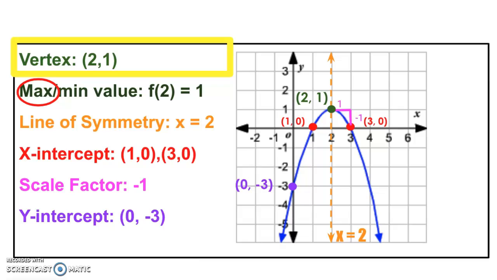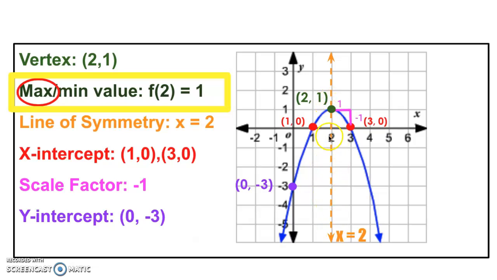So the first one we're going to look at is the vertex. We're trying to find a point. The vertex is the highest point of the parabola, so you'll notice it's right here in green, and it happens at point 2, 1. That's the vertex. The next one is the maximum or minimum. Remember that the vertex and the maximum are the same thing, right? That happens when x is equal to 2, we get a maximum of 1, and we write that in